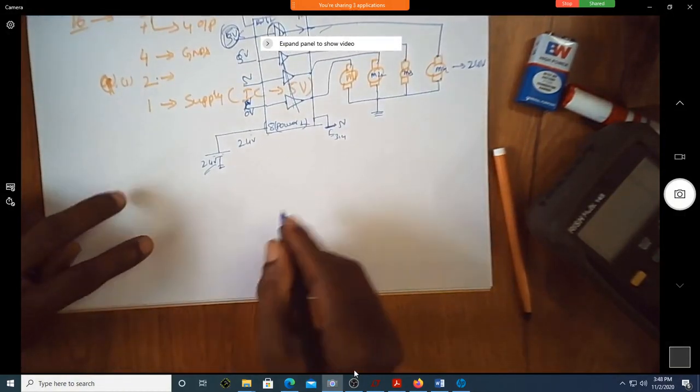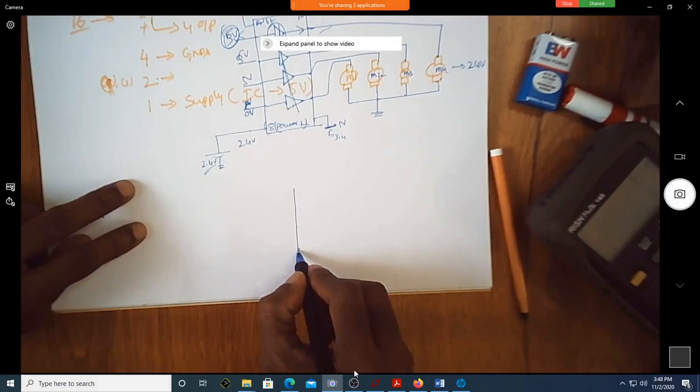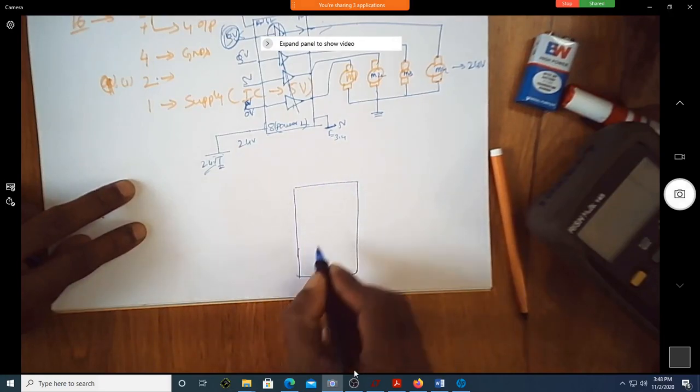Now assume that I have a typical condition, something like this.